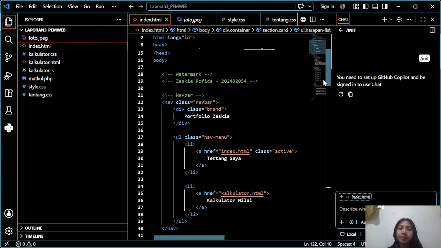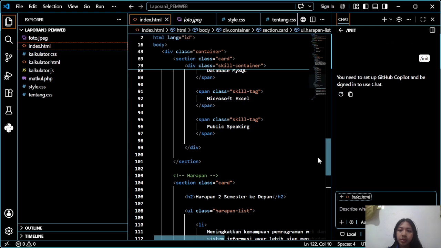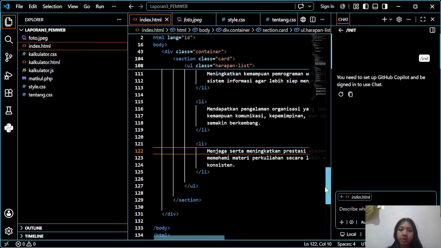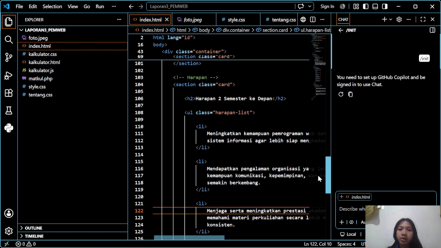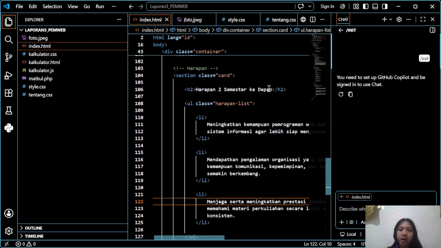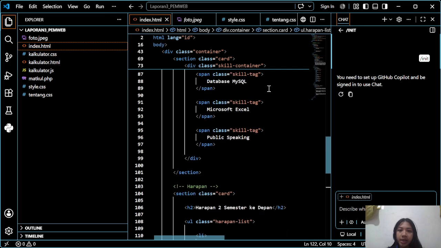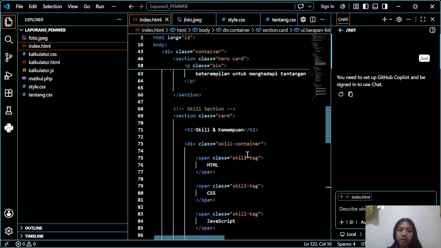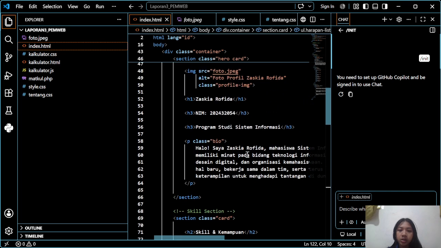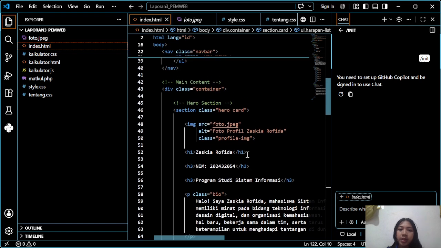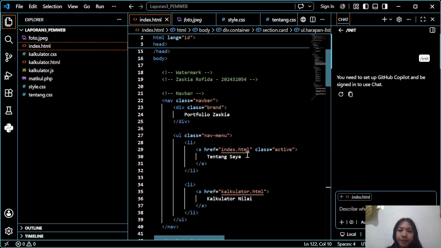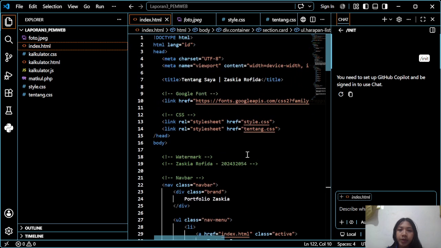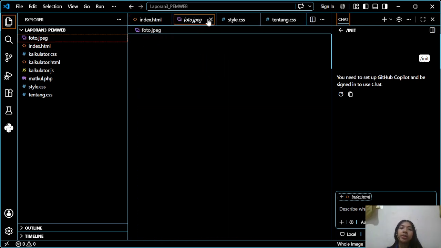The file includes the wish card, and then the skill card or skill section, and then the description. Okay, this is my portfolio index, and then these are the pictures.